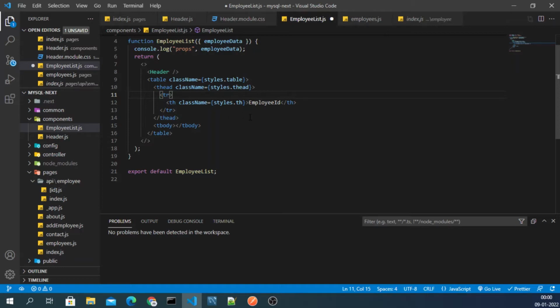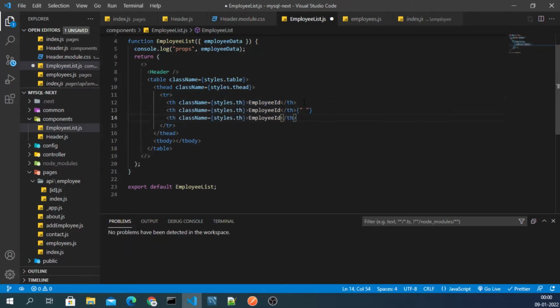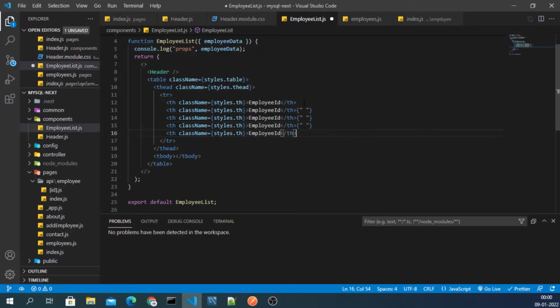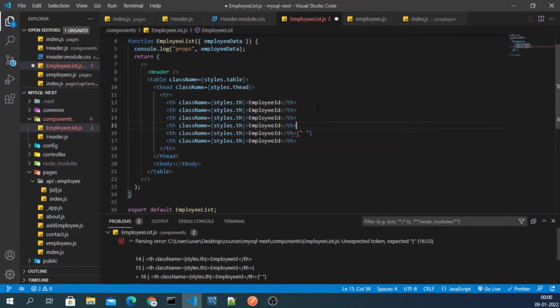You should give names according to the content, your component, your element. So I'll copy this and paste it down here a few times. We need six times. I will remove this as well.